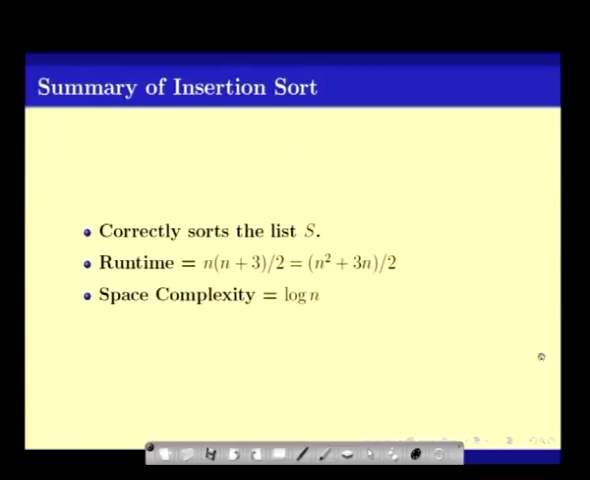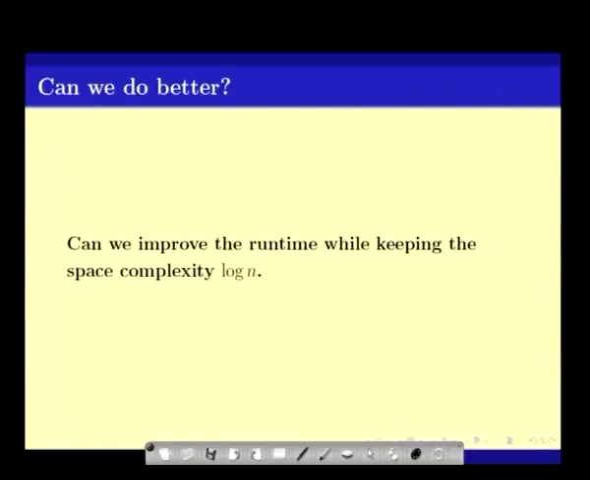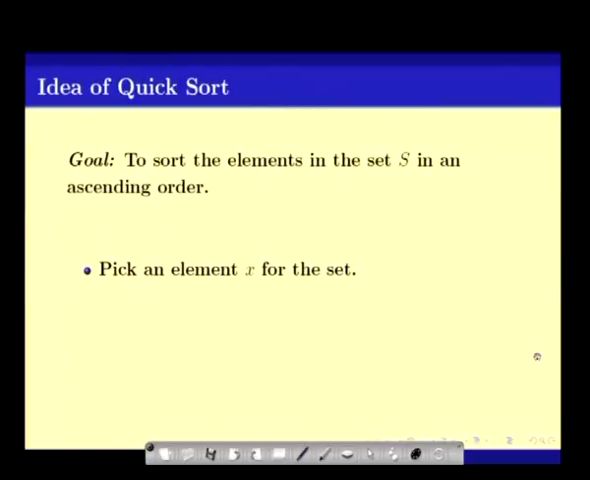So, for insertion sort we saw that the running time was something of the form n square plus 3n by 2, whereas for the space complexity, we did not have to use any additional space for an array or something, but we used some indices like i, j and so on, which requires log n space. So, the space complexity was log n, and the obvious question was, can we improve the runtime while keeping the space complexity log n,